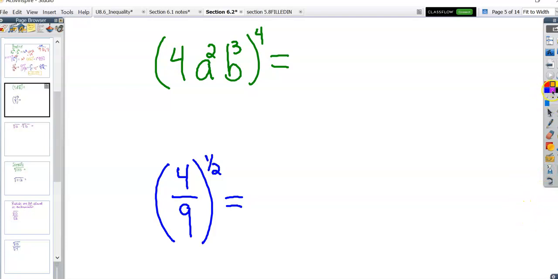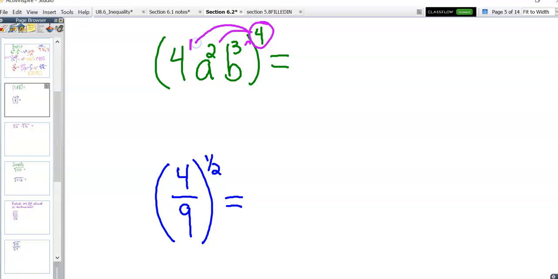Okay. So a couple more simplification questions. Again, we're taking a power to a power, so you want to take the exponent and distribute. The most common mistake that I see is people will rewrite this, they'll distribute, they'll multiply, they'll say 4 times a to the 8th power times b to the 12th. There is a sneaky 1 that you can't see right behind the 4. So you also have to remember to distribute the exponent 4 to the 4 to the power of 1. So this is the same thing as 4 to the 4th power,